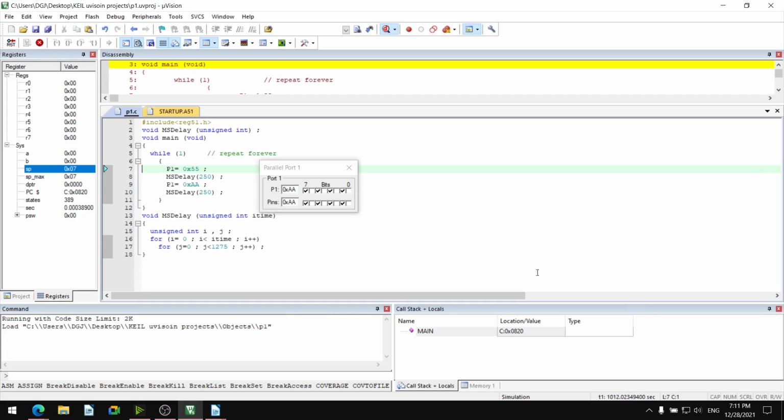Now you can change this 250 millisecond delay to half second, that is 500 millisecond. You can change it to 1 second, you can change it to any, 1.5 second, 2 second, 3 second, 5 second.